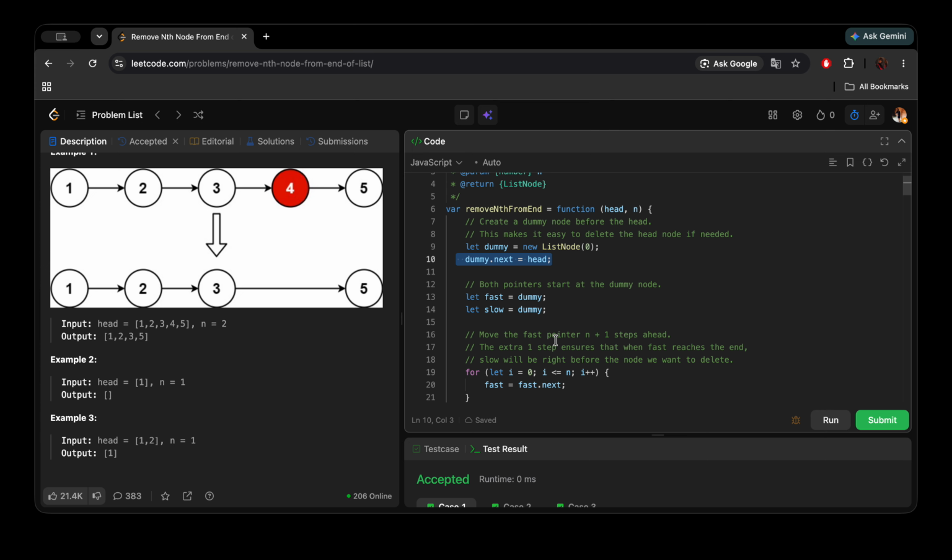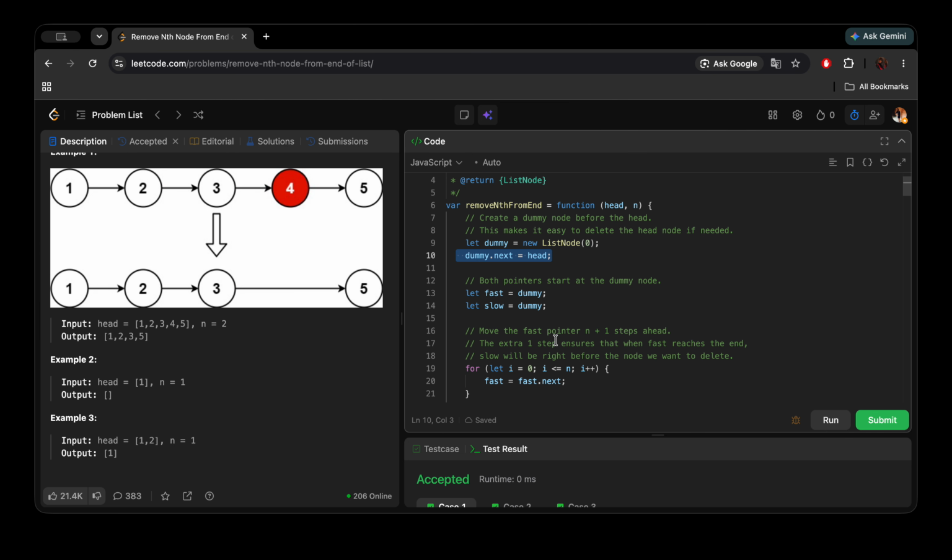In line number 10, as you can see, I'm attaching dummy to our head. So our entire linked list has a new head, which is the dummy node. Now I am taking 2 pointers here. One would be our fast pointer and one would be our slow pointer, and initially both our pointers would be at the dummy, which is the head of the newly created